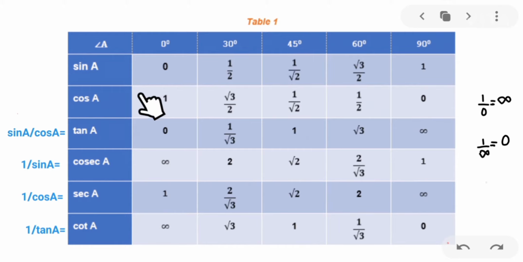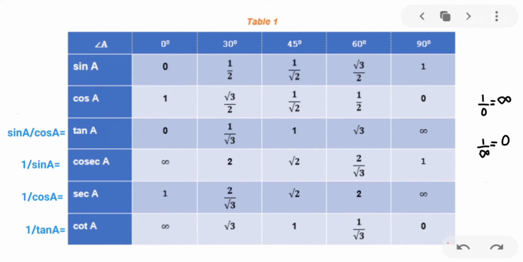For finding out the cos value, write the sine values in the reverse fashion. So just come in reverse fashion to get the cos value. So see here, 1, root 3 by 2, 1 by root 2, 1 by 2 and 0. For the cos, you just have to come in the reverse fashion. So cos 0 is 1, cos 30 is root 3 by 2, cos 45 is 1 by root 2, cos 60 is 1 by 2 and cos 90 is 0.